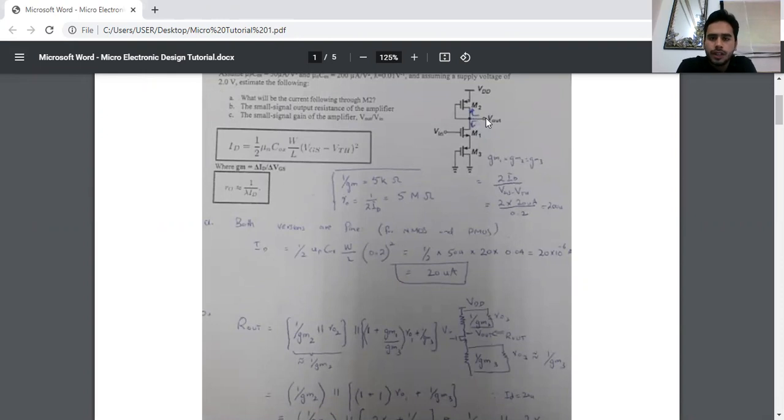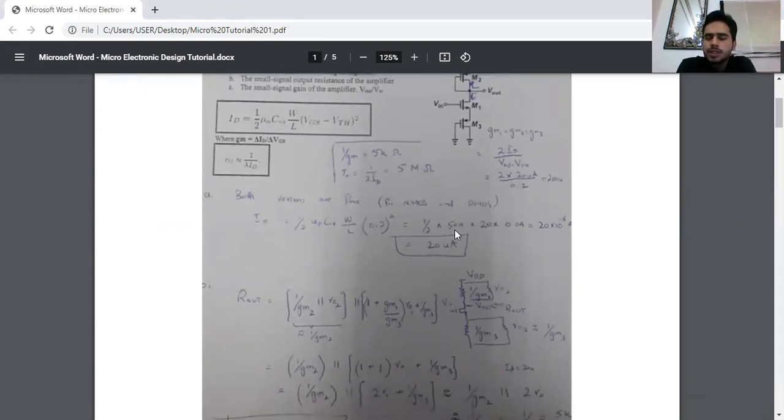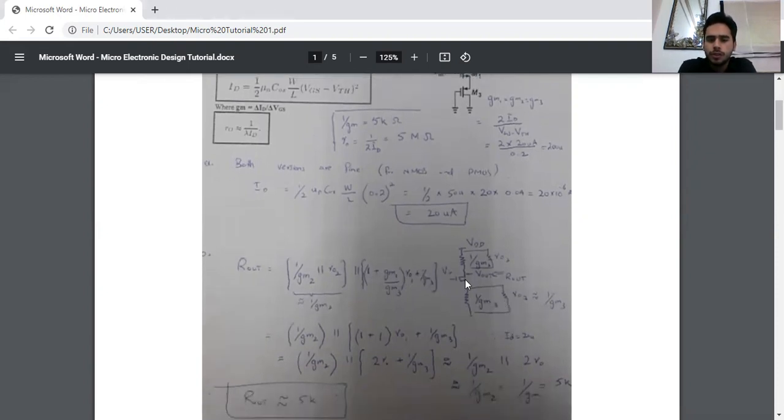So from this point, as we can see in the circuit, this is a simplified form of the circuit when we are viewing it at this point. So from this side, the simplified small signal circuit of M2 turned out to be 1 over gm2, that is the transconductance, in parallel with ro2. This comes in parallel with the part which is downside. MOSFET M1, that is the NMOS, will be considered due to its common source application as 1 plus gm1 over gm3 times ro1, while the third MOSFET M3, which is the PMOS again, will be considered to be 1 over gm3 parallel with ro3. So this expression is visible in parallel.